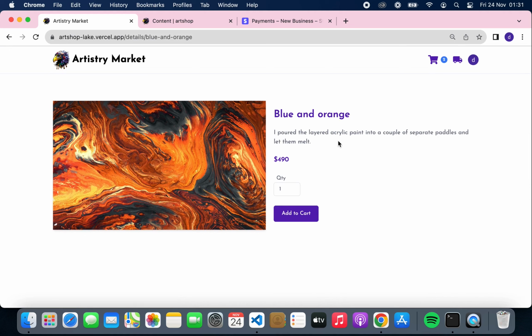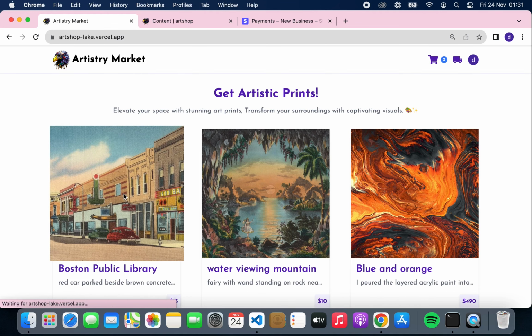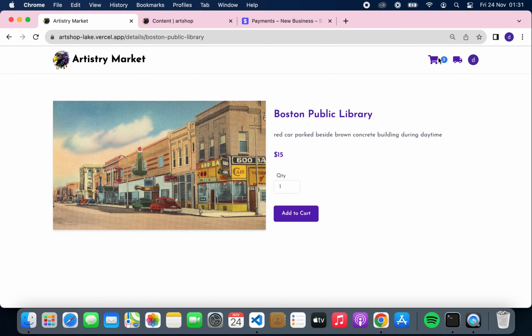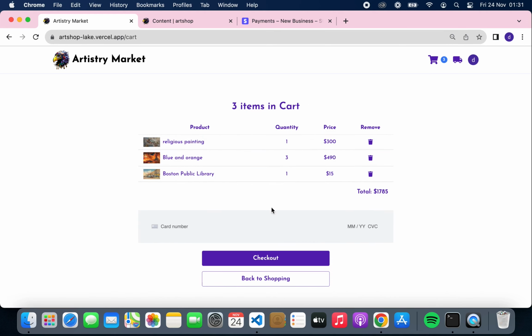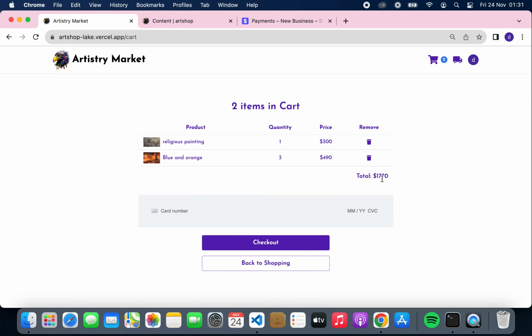So yeah, we're using Zustand to maintain the global state for the cart. We can increase the quantity. And then finally, let's add this. We go to our cart, and you can see we've added all these products to the cart. We can remove something that we don't want. So let's say we don't want this painting. We can remove it, and then the total is going to reflect,